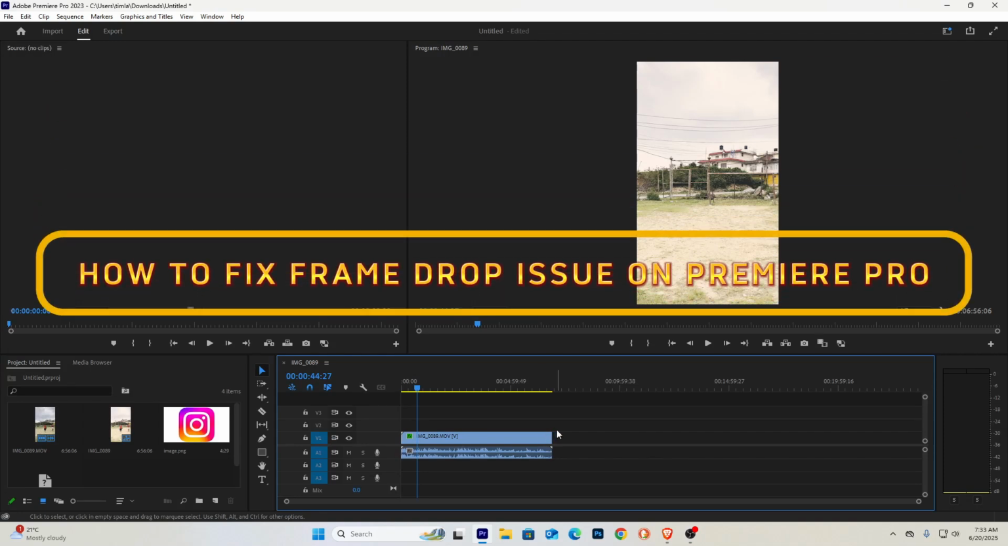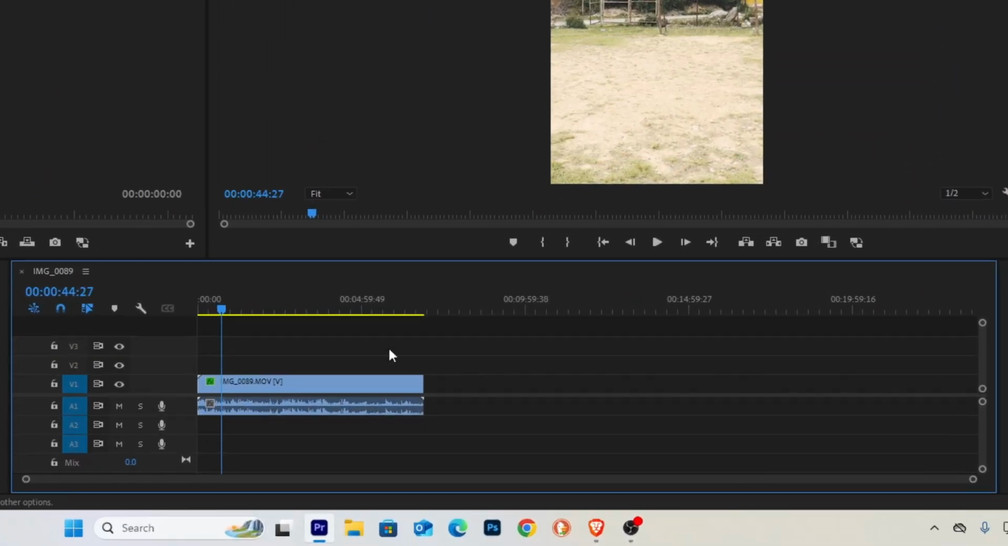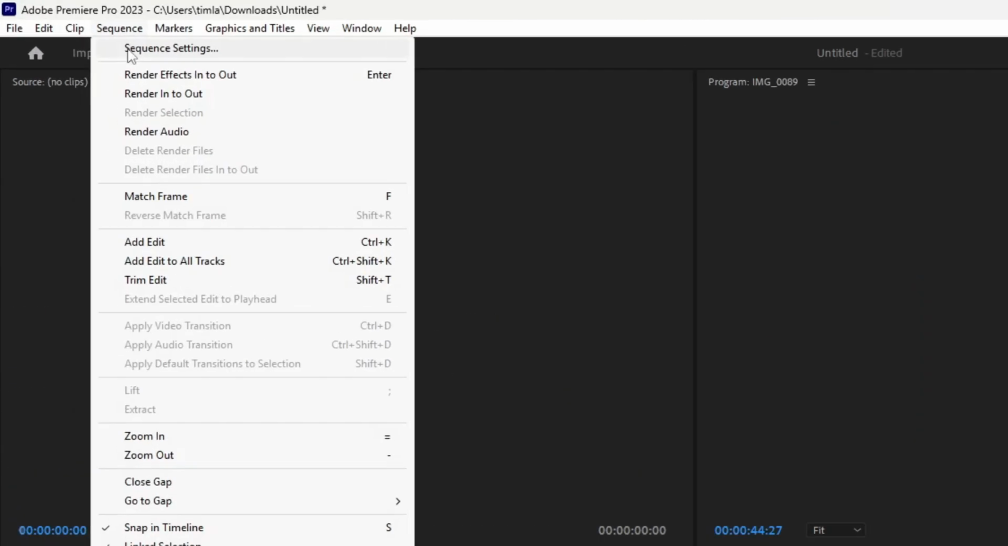How to fix frame drop issue on Premiere Pro. Just make sure this timeline is highlighted by clicking on timeline, and then click on sequence and then choose sequence